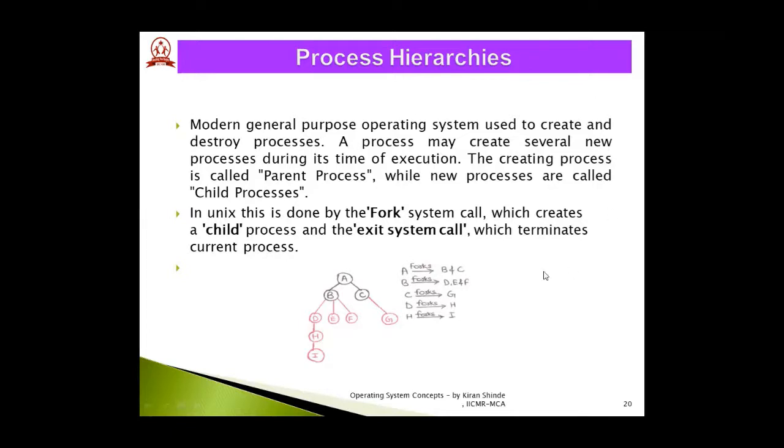So here, with the help of a simple tree structure, you can see that A is a parent process. In turn, it has created the two children processes B and C. So in the Unix operating system, A forks B and C. Similarly, at the second level, B is the parent process, and it has in turn forked the 3 children processes D, E, F. So this is a simple tree structure diagram with which we can understand the process hierarchy. A is a parent process, B and C are children of A. Similarly, B is a parent here, and D, E, F are the children of process B.